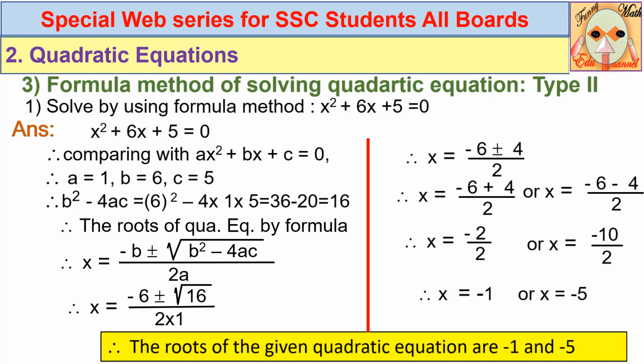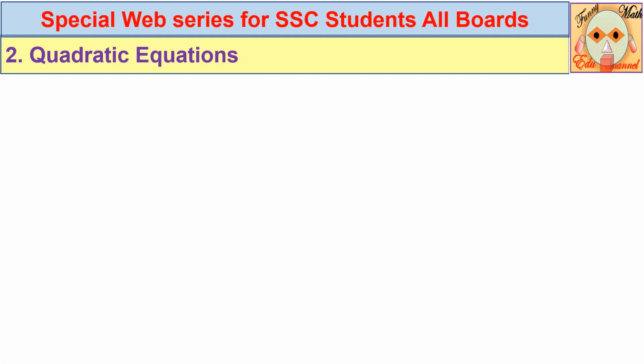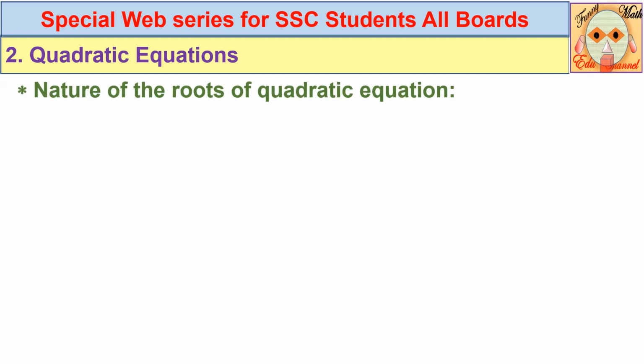So this was the second type, and why we say second, because here the coefficient of x square was 1. In this way, the formula method is very important. Steps are what? See again. First compare the equation, then find the value of b square minus 4ac, write the formula, substitute the values and go on simplifying, you get the two values. So it was very easy and also fantastic. I think you can follow very easily.